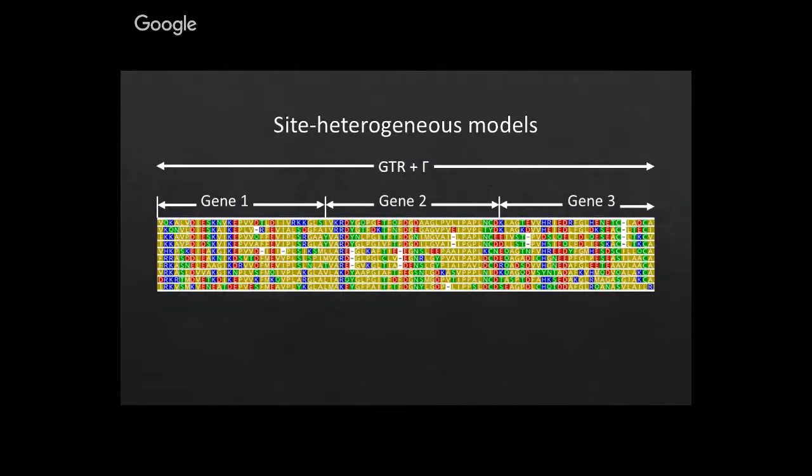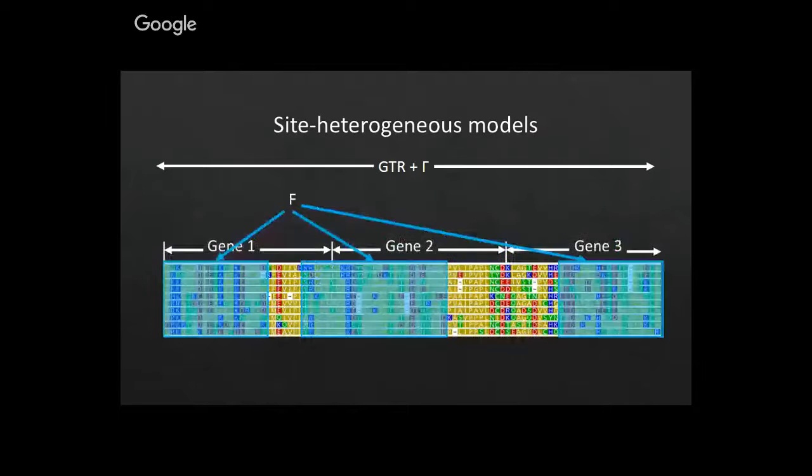And so one way you might do this is give a single relative frequencies and a single gamma distribution for modeling rate heterogeneity to the entire data matrix, but then allow different categories to be assigned different site frequencies. This is just hypothetical. You can split this up in any number of ways. These sites in blue would have one set of site frequencies, and these sites in red would have another set of site frequencies. And with an infinite mixture model like the CAT models, you could have any number of different site frequencies.